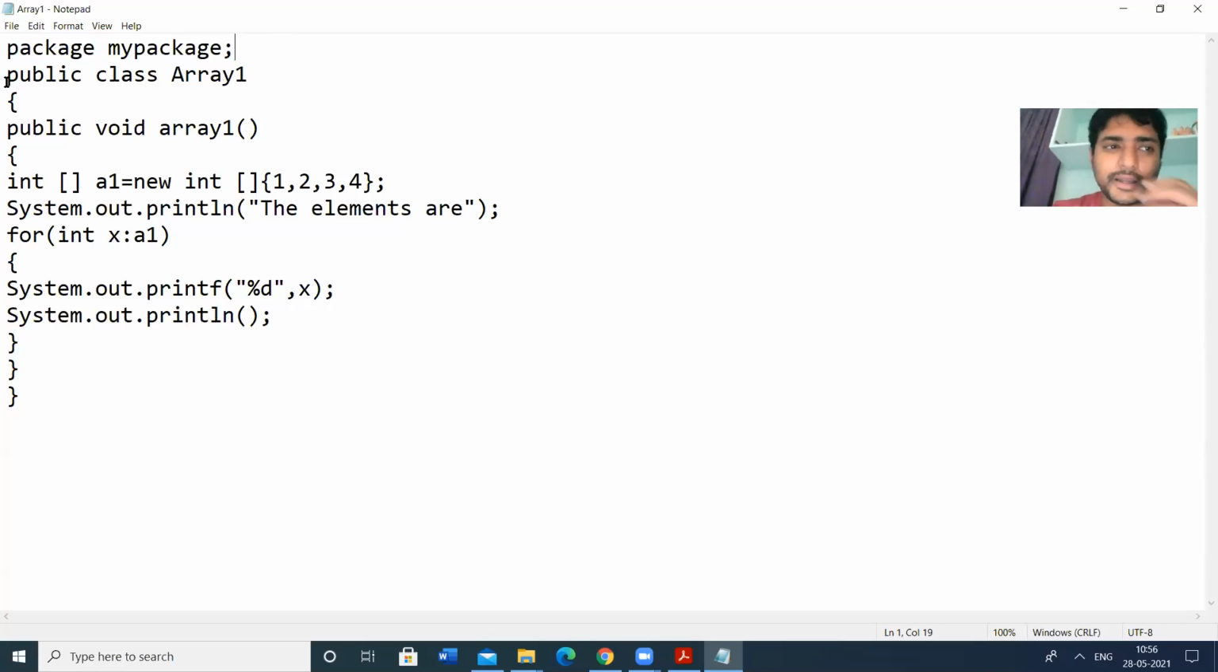So here in mypackage, I am going to create a class, public class array1. The class consists of some methods. So I am creating the method array1. Here I am initializing the array. I am creating an array variable a1, storing the values 1, 2, 3, 4. And then I am